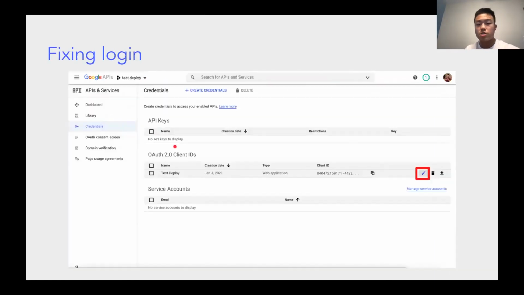And we're going to click on credentials. And in this part down here, if you remember, we created an OAuth 2.0 client ID for our website. That was the Google client ID that we copied over into our code. So if we edit that,